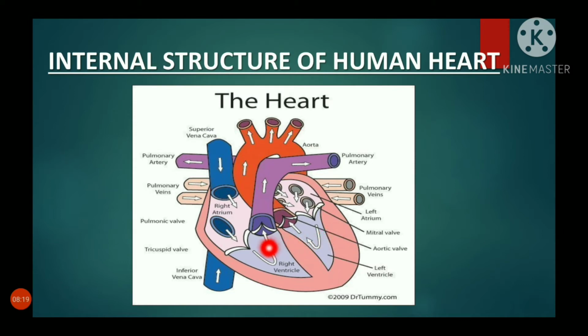Of the left ventricle and the right ventricle, the left one is narrower and thicker as compared to the right ventricle. This gives rise to the pulmonary artery, where the blood flows out, and also the aorta. The oxygenated blood flows out through the aorta. The deoxygenated blood flows towards the lungs so that it can be purified. Purple color: the blood flowing towards the lungs. Red color: the oxygenated blood flowing all over the body.